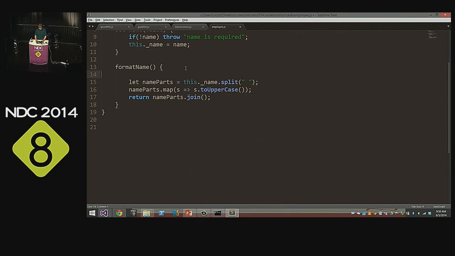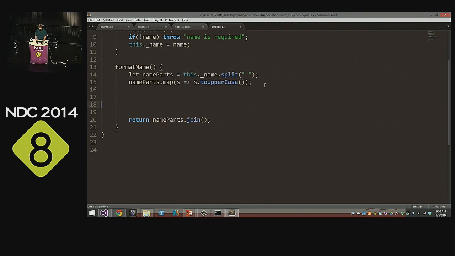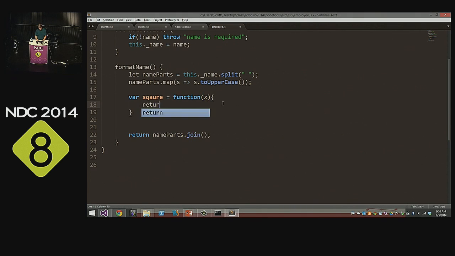This is one of my favorite parts of ECMAScript 6, kind of on an ECMAScript tangent here, the arrow function. Looks familiar if you've done any C#, right? It really behaves almost the same way. If I want to write a function called square, instead of saying let's write a function that takes a parameter x and returns x times x,